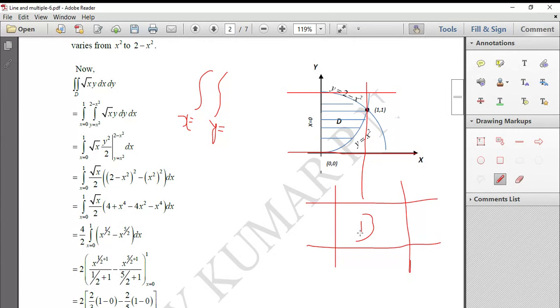We are not considering a square. We are considering this region. So that's why you have to restrict one of them. Either you restrict x or y. Since from this graph, I can easily restrict y by choosing variable limits, and for x, constant limits, I'll choose x varying from 0 to 1. So that gives you all the points of this form.